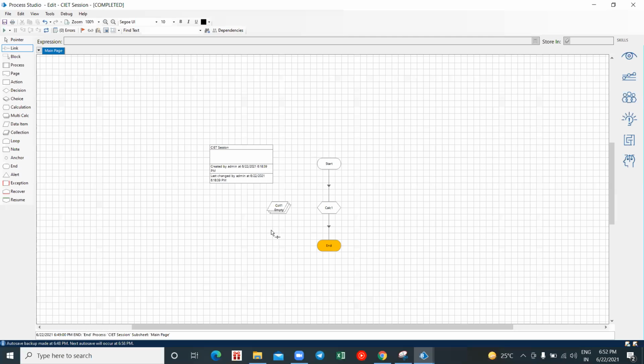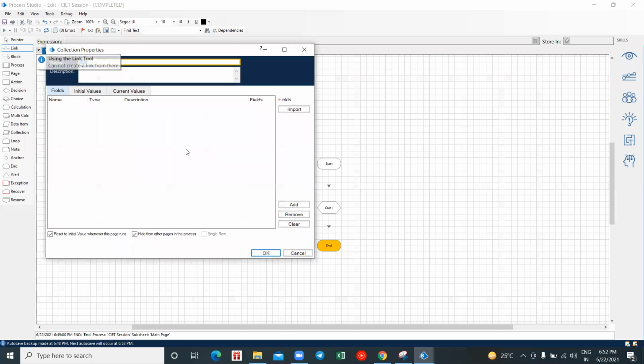Okay. So here, before, I used 3 data items to store A, B, and C values, right? But now, instead of going with A, B, C, I'll go with my collections. So here I'll create 3 fields.